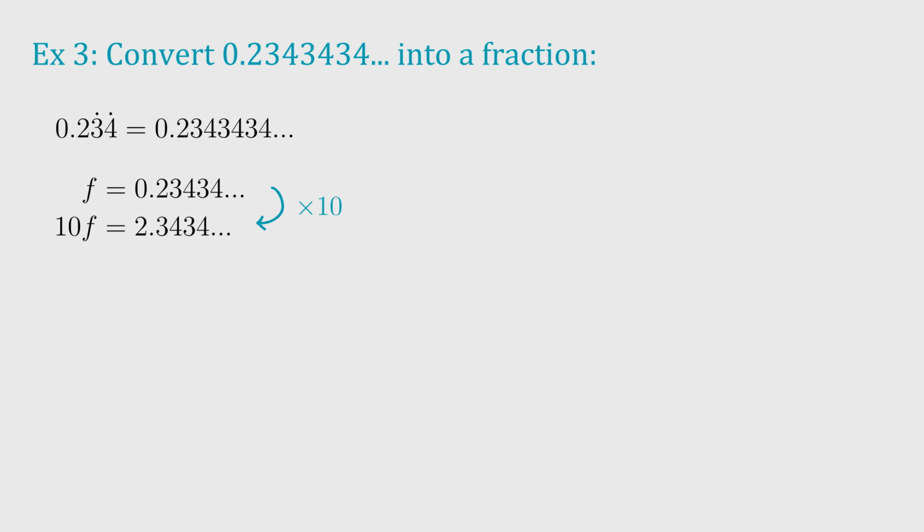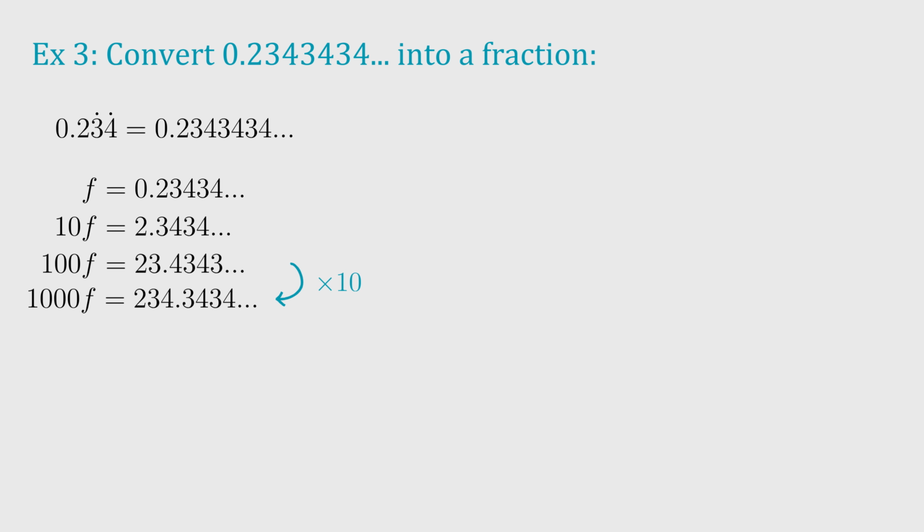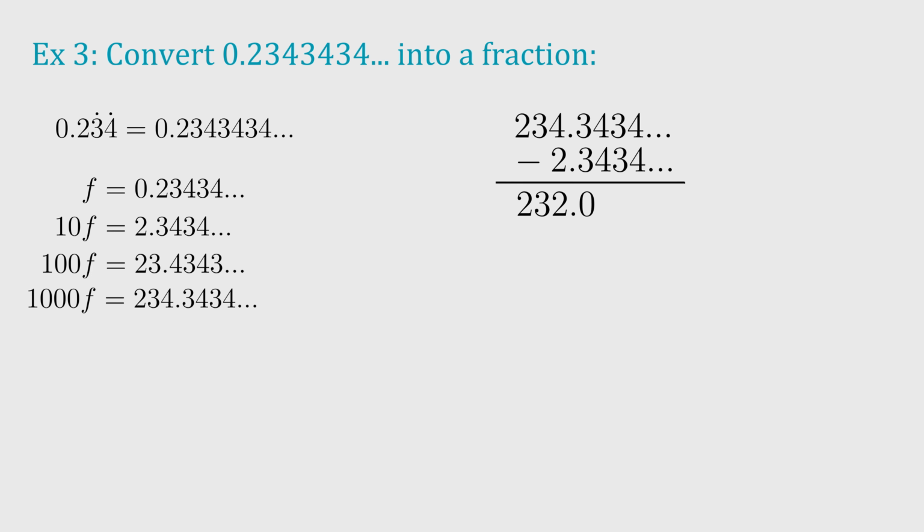Decimals are not the same. Multiply 10f equation by 10 again to get 100f, and see, the decimals are still not the same. Don't be worried, just carry on. Multiply the 100f equation by 10 again, and now you can see that the 1000f equation has the same decimals as the 10f equation, which means that when their values are subtracted, you will be left with an integer because